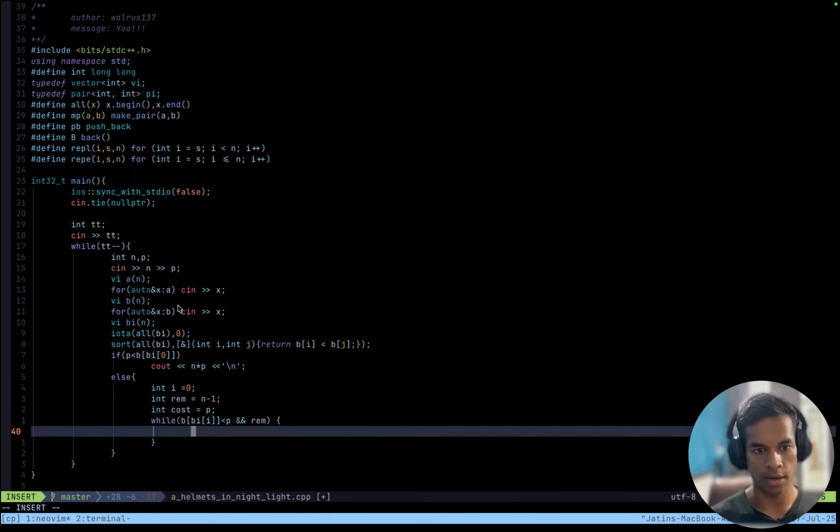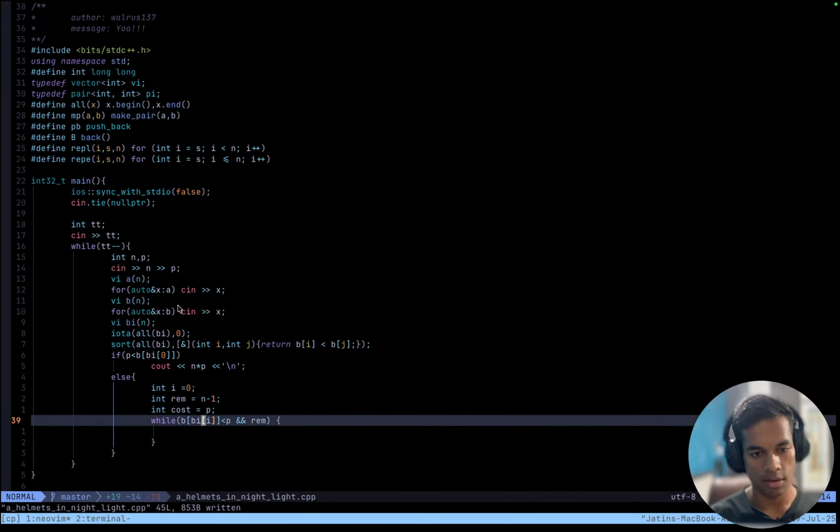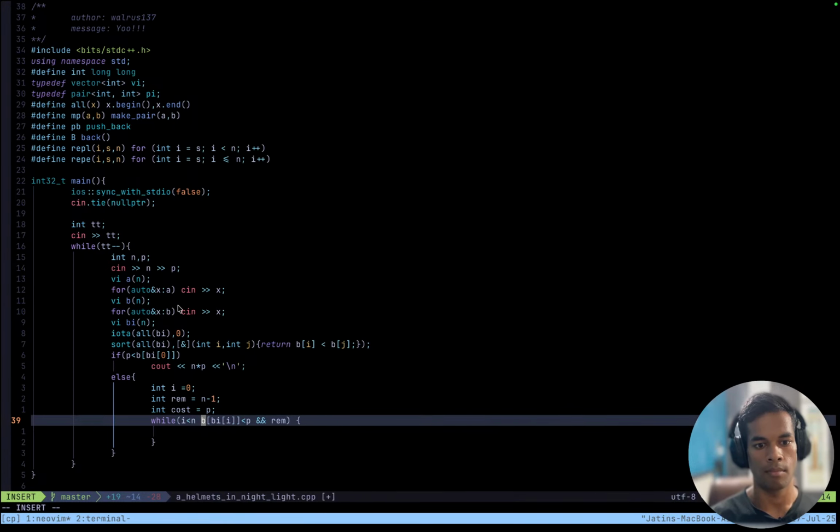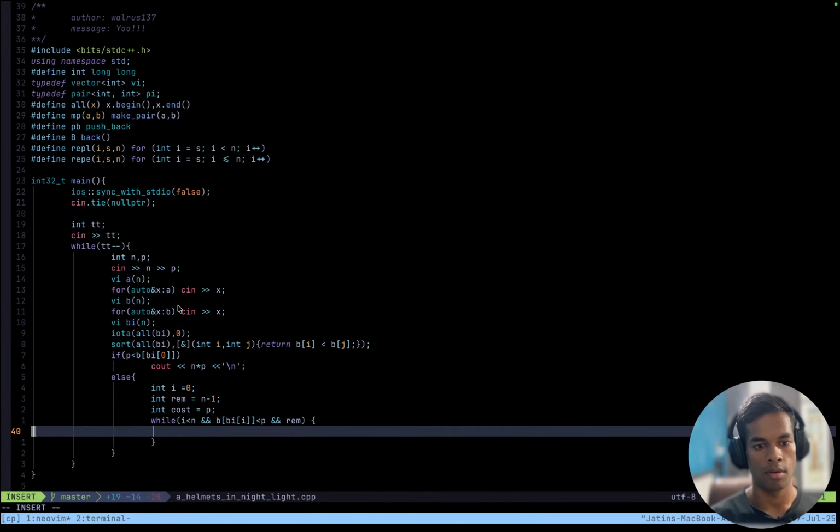Okay, and I know that the current i has to be lower, i lower than n, while these conditions are true, I will be increasing i and doing that.